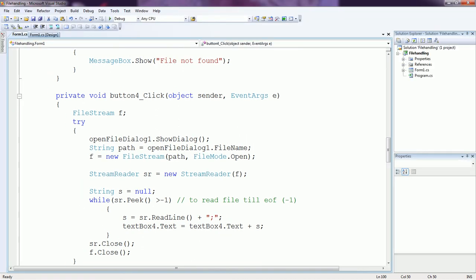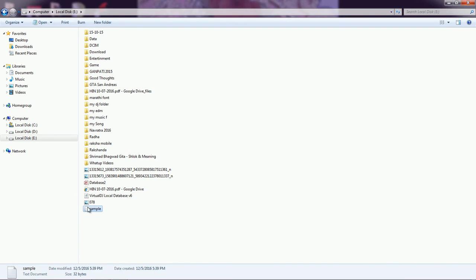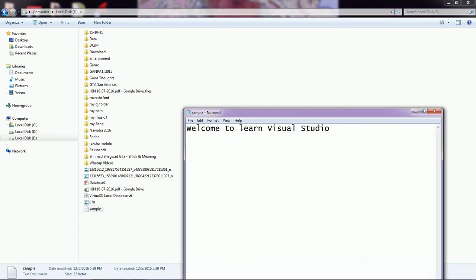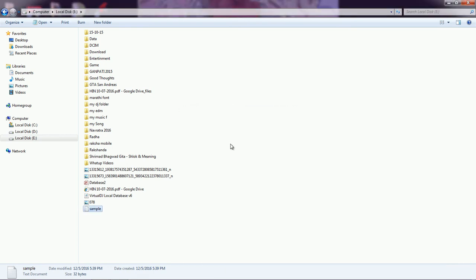Let us add it. Suppose here we press enter and write learn Visual Studio, and suppose here we have 3 lines.